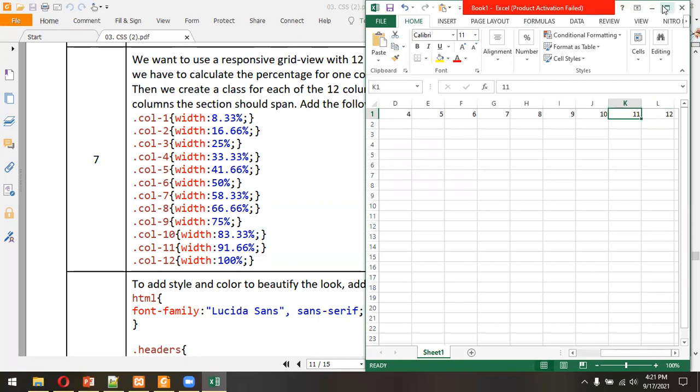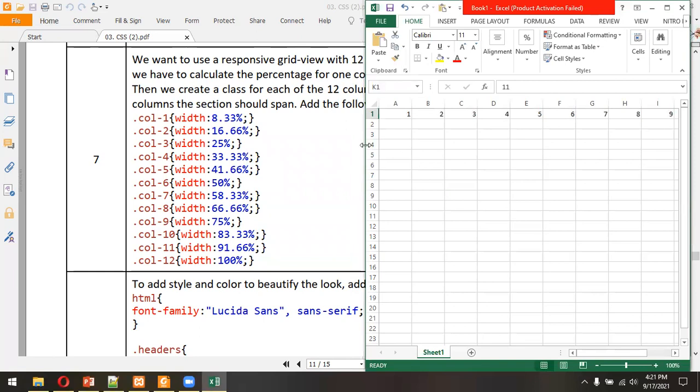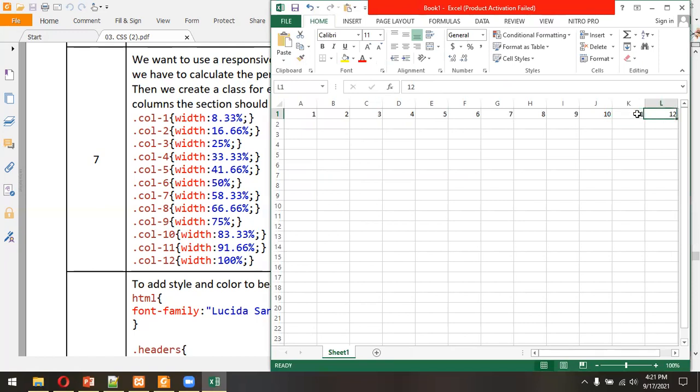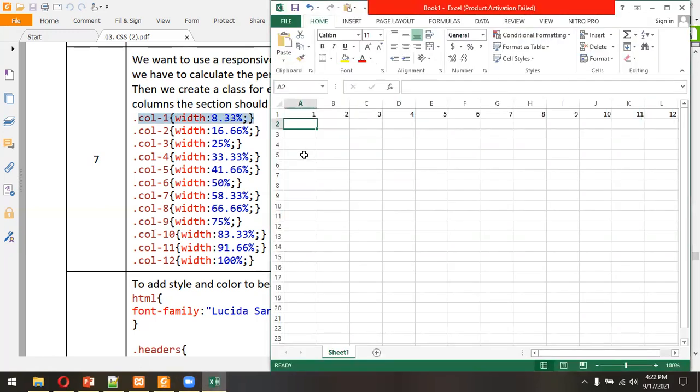So imagine from column 1 until 12, this is your screen. So if I want to make an element of just one column, I can use this column 1 with the width of the screen at